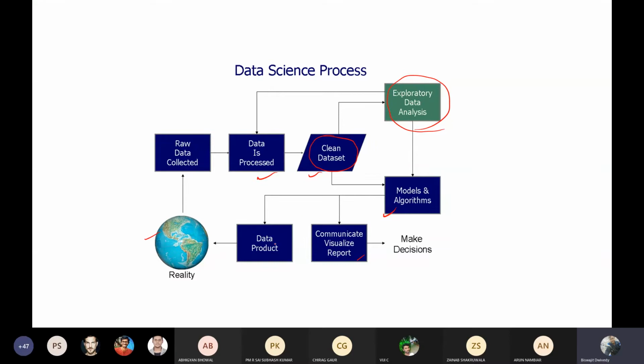Next, this is sometimes also interpreted as a data product, meaning it can be stored in any database for further analytics purposes, or it can be sold for any purpose also. Okay, because data is also very expensive, data is sold. So these are the basic steps involved in any type of data science process.